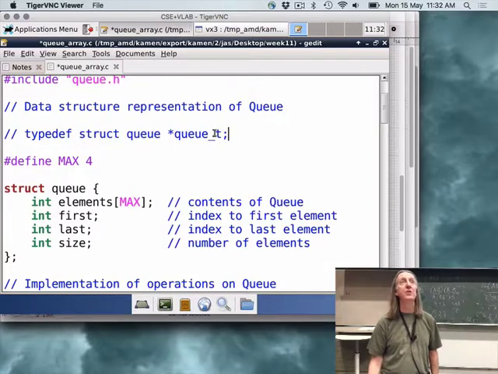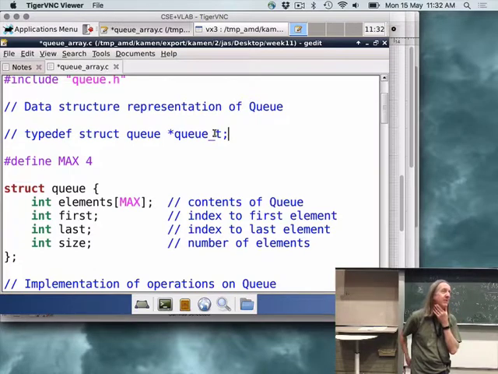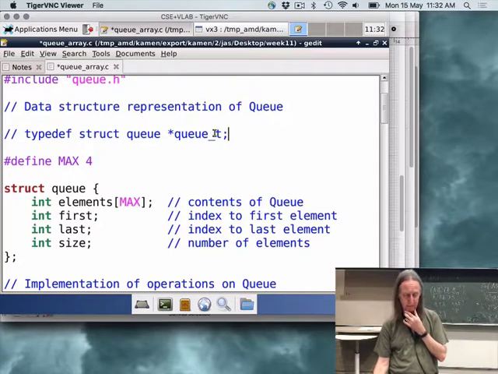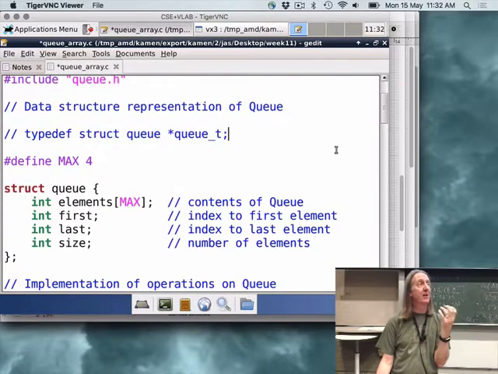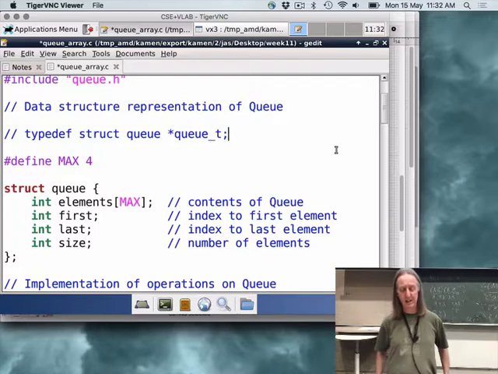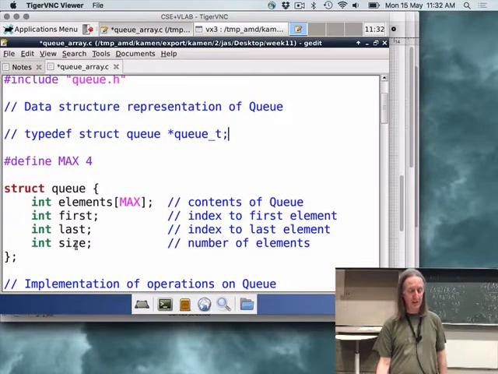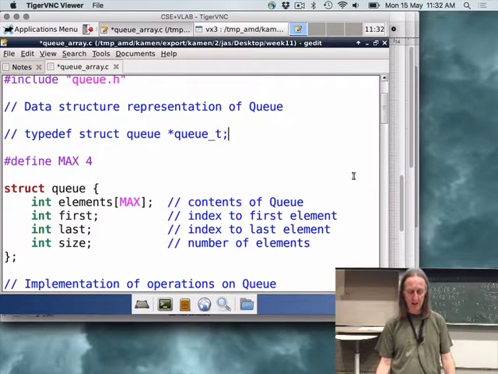And that's a very common strategy that you're going to use for ADTs in subsequent courses. Having a pointer to some kind of structure, and the structure contains state information about the object. So here the first, last and size are obviously state information. We also happen to have all of the data contained inside this struct as well.